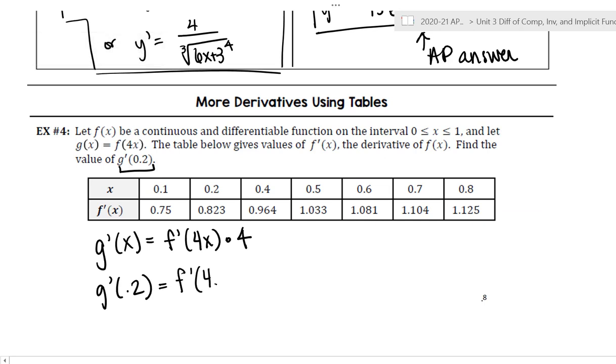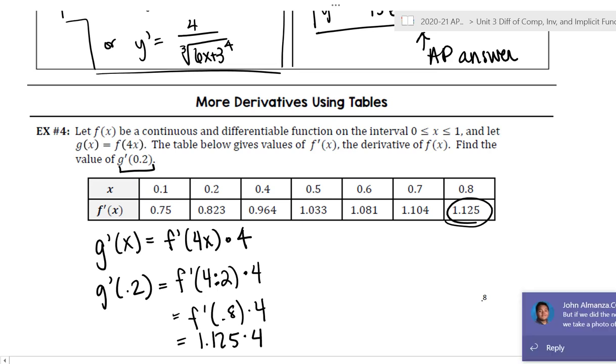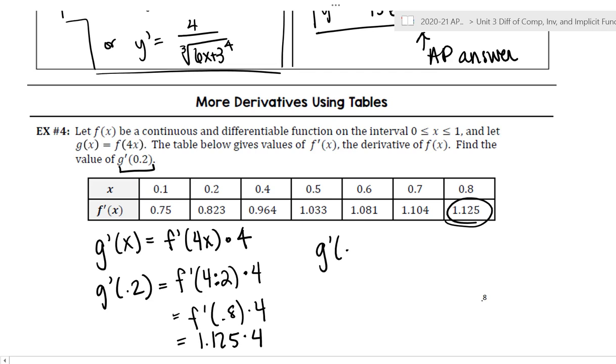So I have f prime of 4 times 0.2, times 4. So what this is really saying is f prime of 0.8 times 4. F prime of 0.8 is given to us. That's 1.125. And when I multiply that by 4, we should get g prime of 0.2 equals,